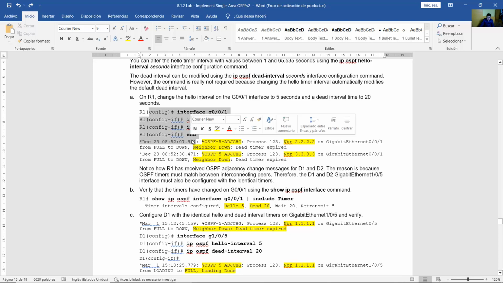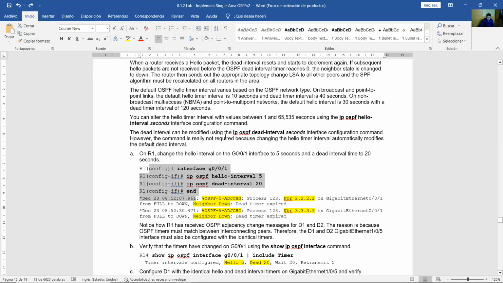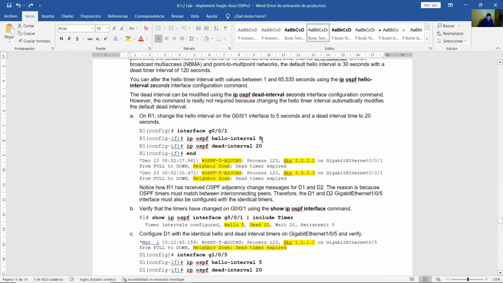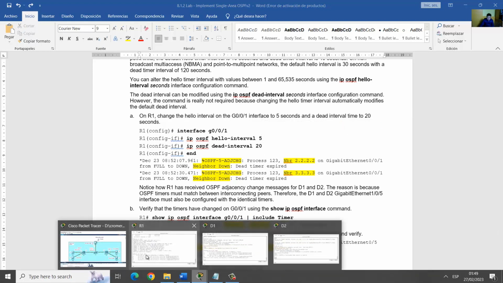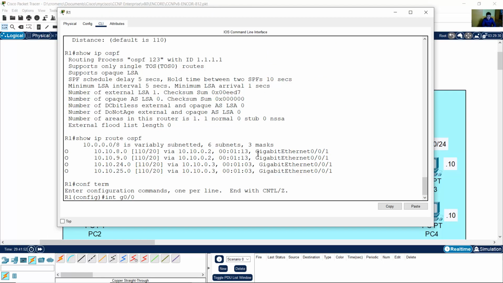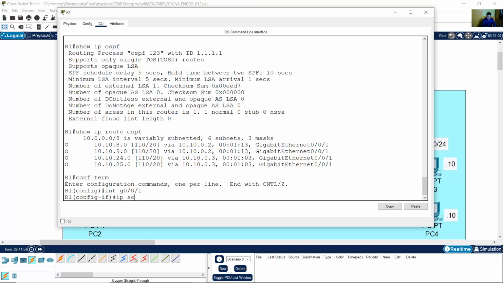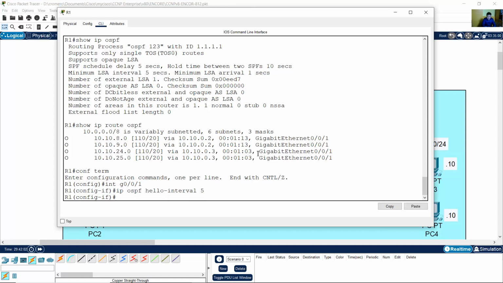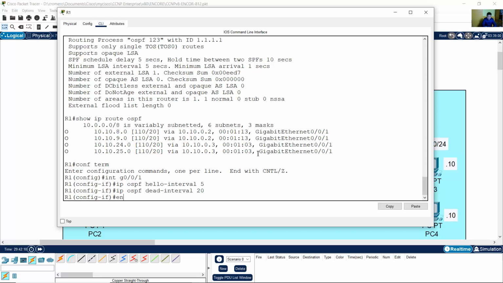Okay, on R1, by default it is 10 and 40, but change to 5 and 20. Go to R1, configure terminal, interface gigabit 0/0/1, ip ospf hello-interval 5 and dead-interval 20, and